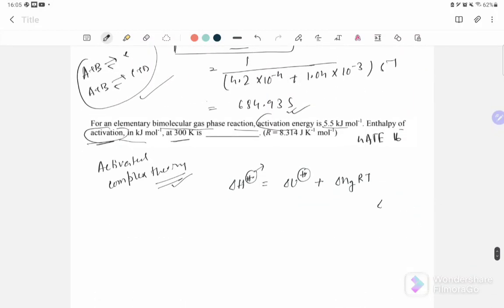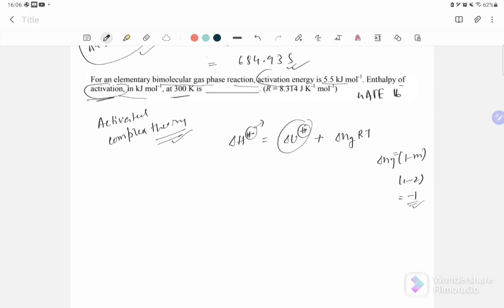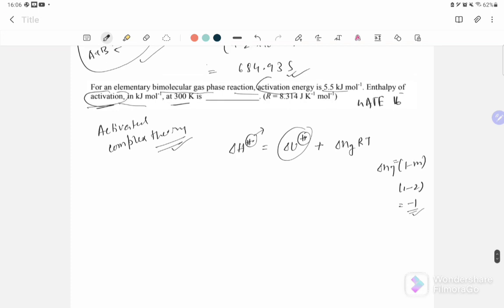So delta n g is 1 minus m, where m is molecularity. It is bimolecular, so that will be 1 minus 2, that is minus 1. And delta U is not given here, activation energy is given, so there is another equation,